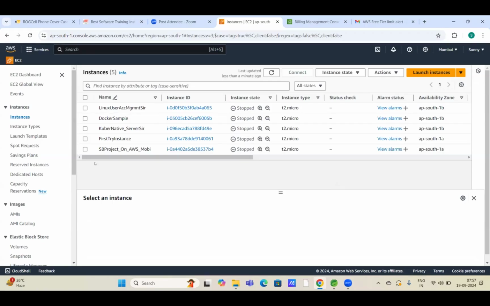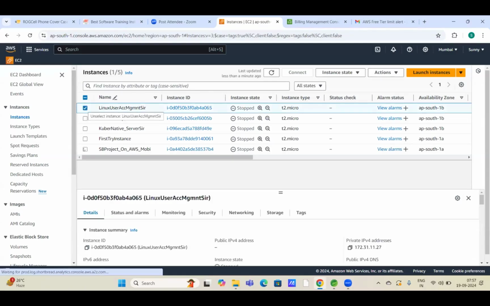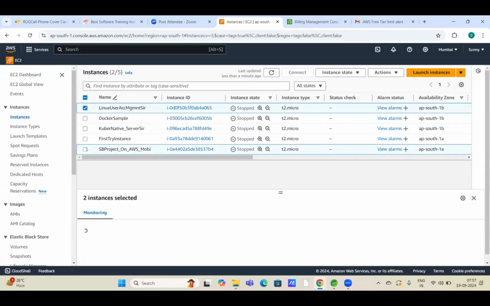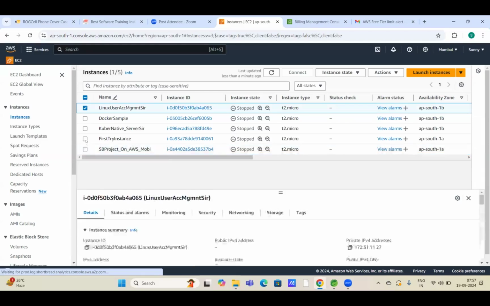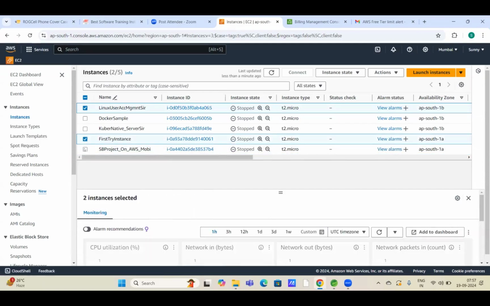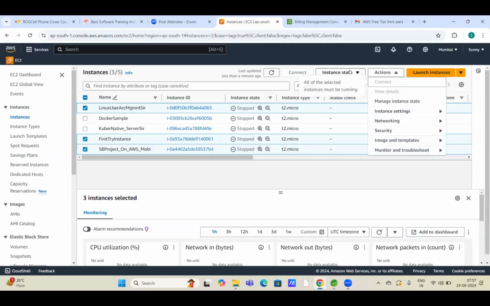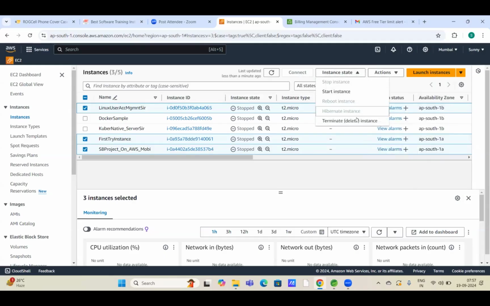I don't know how to delete it. Select them and terminate them. Whatever machines you are not using, select the machines, go to Actions and terminate the instance. Okay, got it. Terminate.